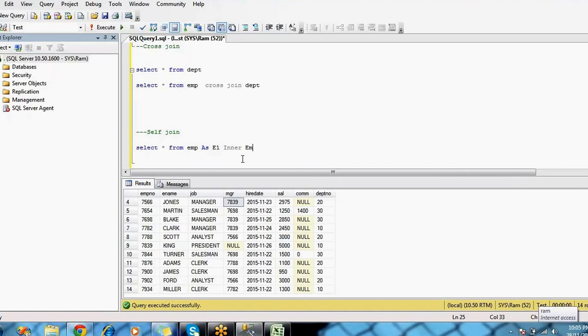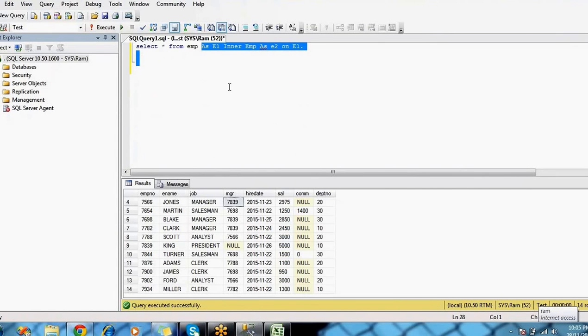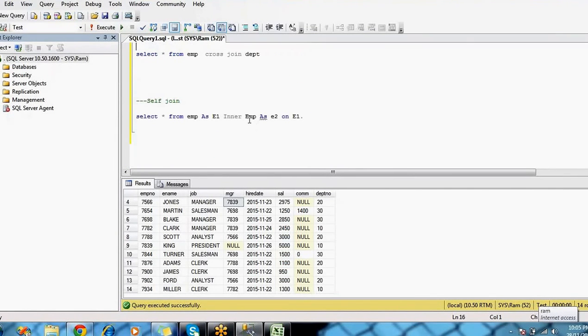So, inner join EMP table as E2 on E1 dot manager ID, the first table's manager ID, equal to E2 table dot employee number. Okay, right. So what I'm going to do here,